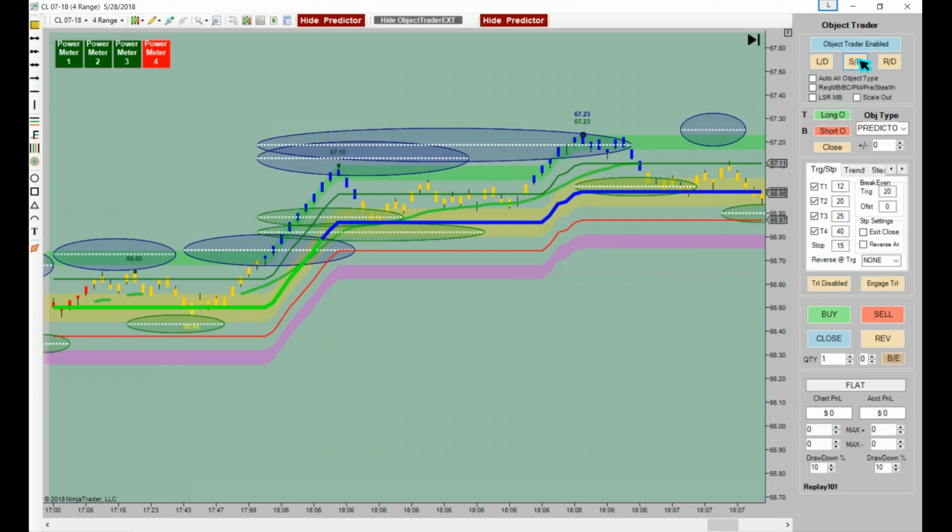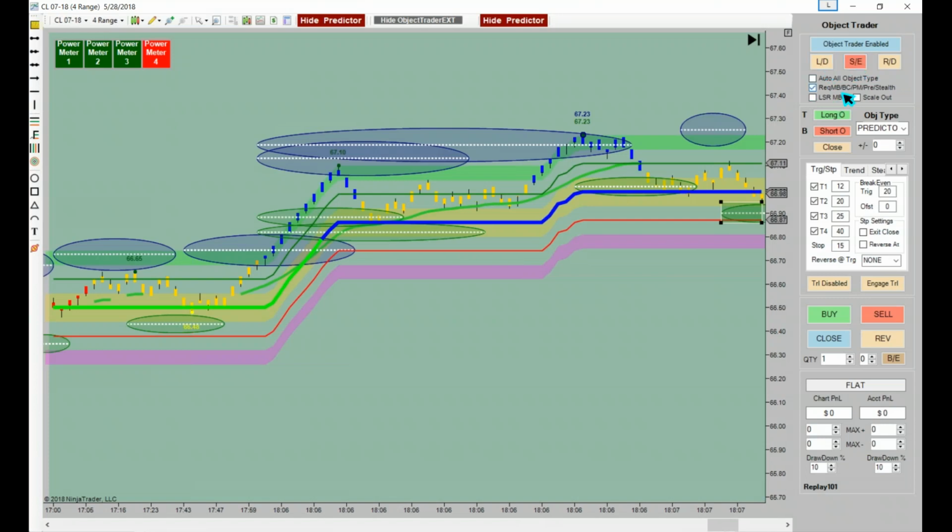For instance, if you turn on predictor and you turn this on with some contracts or whatever, this is actually looking at a long outside this little box here and a short outside the bottom, if you don't turn anything else on. Now, if you tell it to go trend specific, it will not take a short here. Now, keep in mind, this is not the side of the chart that we're actually on. But if we turn this on back here, this would have turned on the long and turned the short off,